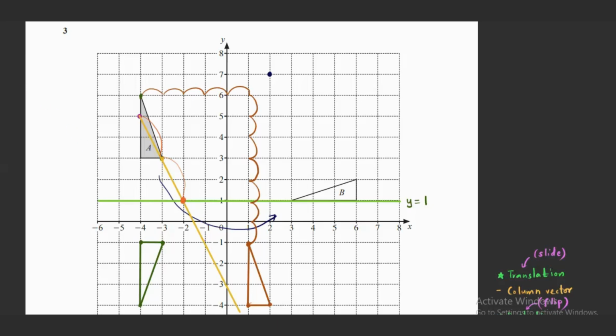Then the next one that we have is this vertex. I'm going to draw a line that passes through this point and extend it. So this is how the line is. This is going to be 2 units away. I need to double it because the scale factor is 2. So when I double it, it's going to be here. So I'm going to mark